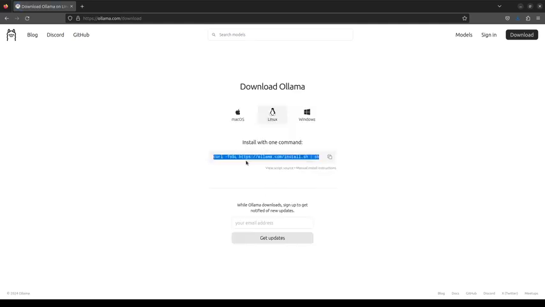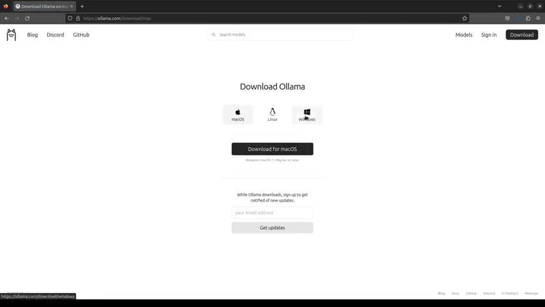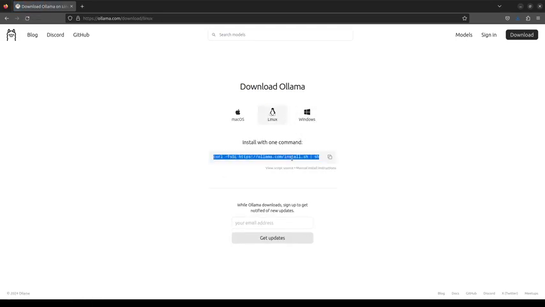If you're on Linux, a simple curl command will install it in the terminal, or on macOS or Windows, we can download the software. For Windows, it's slightly more complicated, but I'll stick with Linux. Let's say we just use the curl command and install Ollama. I'm assuming Ollama is installed. After you install this, then you'll go to the next step.